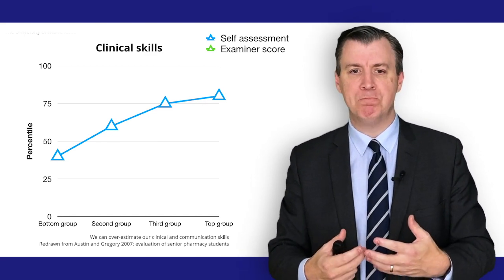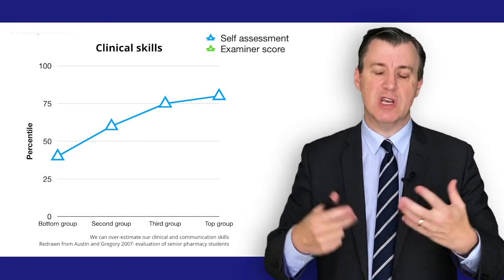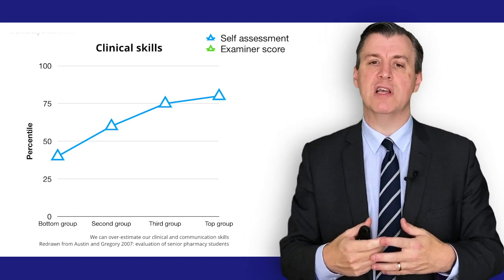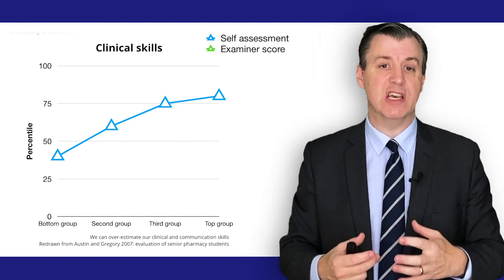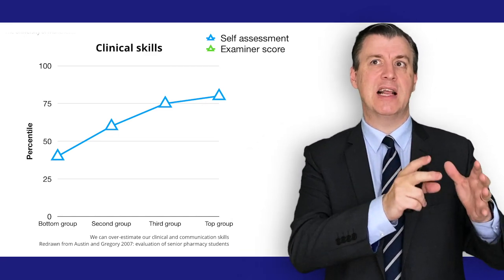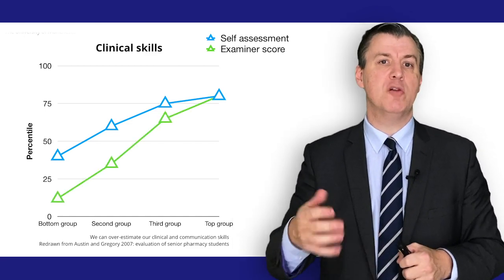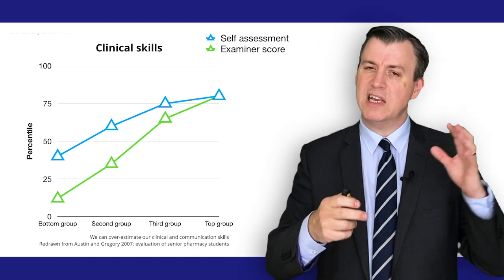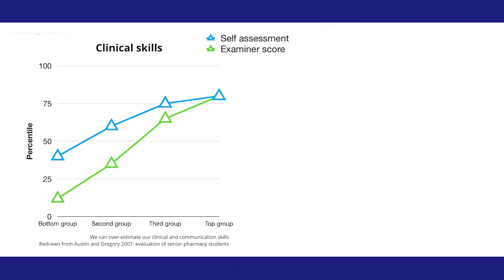particular topic. This is a piece of work that was done with some senior pharmacy students. I couldn't find similar work for eye care practitioners, so we'll need to rely on data from our colleagues in pharmacy. When people were asked about their clinical skills, these are the scores that they gave themselves. They were divided into the best clinicians to the poorest clinicians, but here's how they scored themselves. But when third parties, when their assessors, were asked to score each of these students, you can see that, with the exception of the very top group, most people tend to exaggerate their performance for clinical